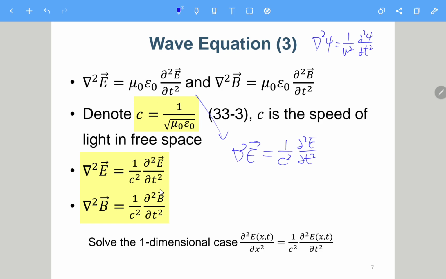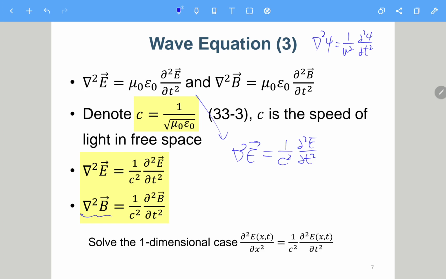Okay, so here we have already derived the wave equation, and here we would also try to solve the wave equation to get the solution. But of course, this Laplacian is in three dimensions,